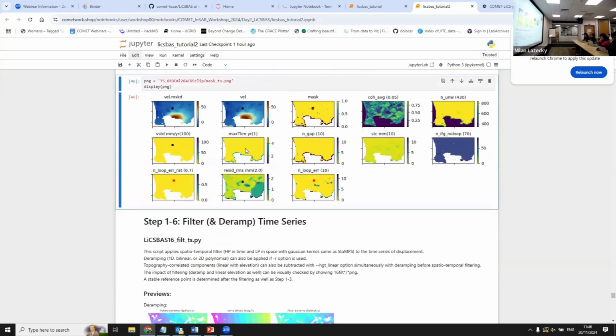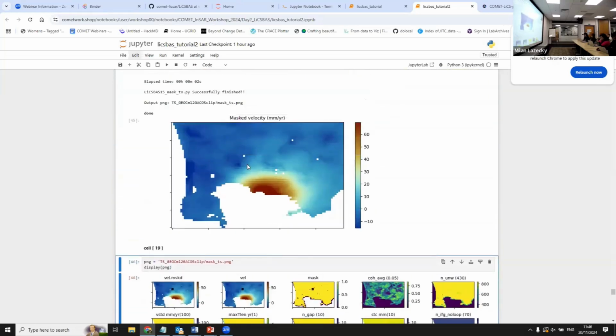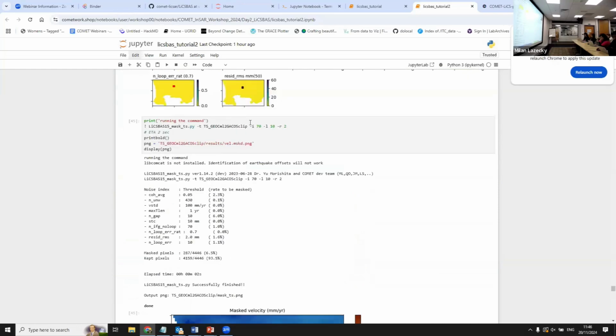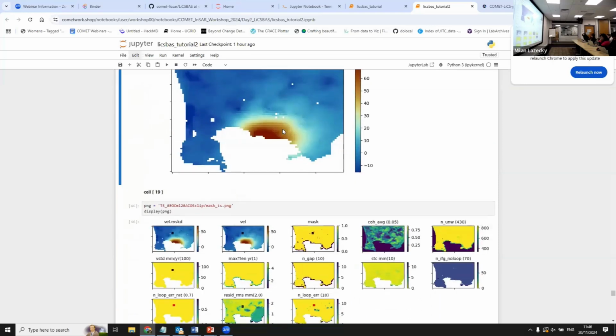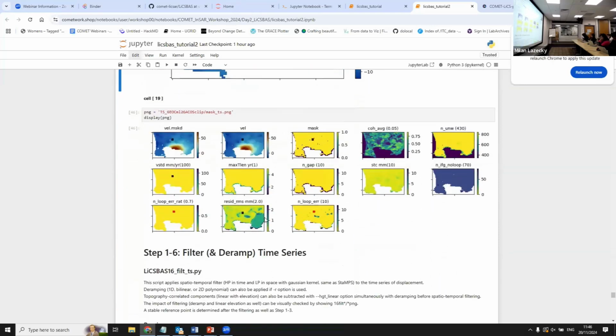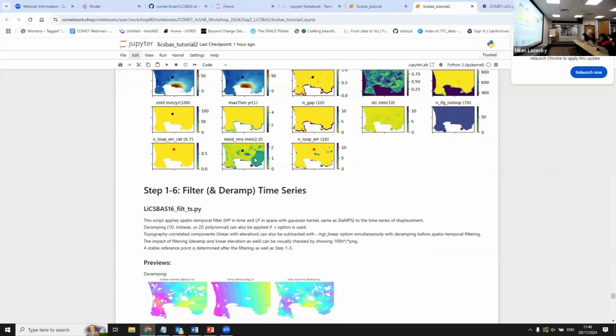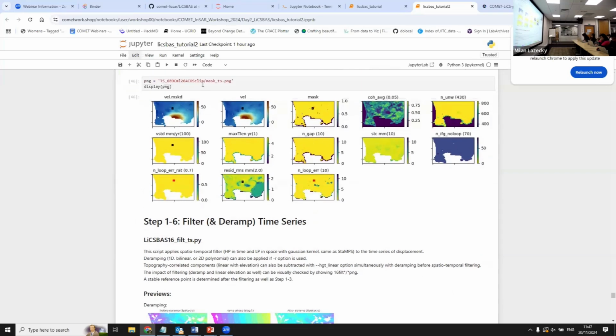Yeah, okay. Here I was in the other cell. I was changing the residual RMSE to 2 millimeters. So you can see that the figure now changed, and you can see it clearly, you can see it better simply. Okay, so now when you have your mask ready, and when you are happy with the masked velocity as it's shown in the mask TS,